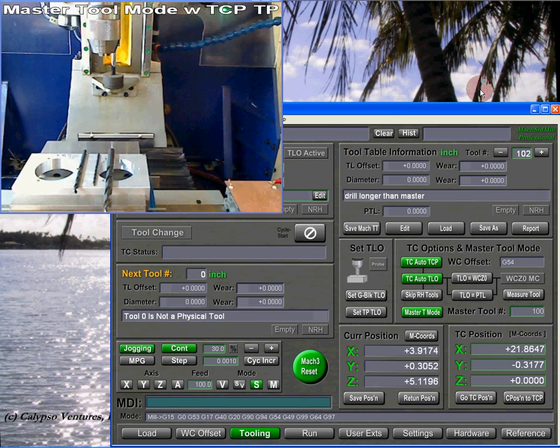Now, that has a serious disadvantage. Suppose the surface that you've used as your reference surface to set your tool length offsets is machined away while making the part, and you need to set a tool after you've lost the reference surface. What do you do? Well, it's kind of hard because the surface isn't there. A much easier way to go about doing things takes a little more to wrap your brain around, but it's generally easier in terms of operation and much simpler once you've got the concepts,